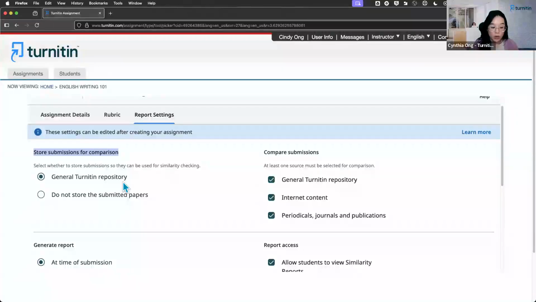So that way we know if the student decides to recycle or reuse their paper later on, that you are aware of it. So that way it's going to match with the student's work. But there may be some times where you do not want to store the submitted papers. Maybe if it's confidential, or if you are certain that there's going to be different versions of the paper being